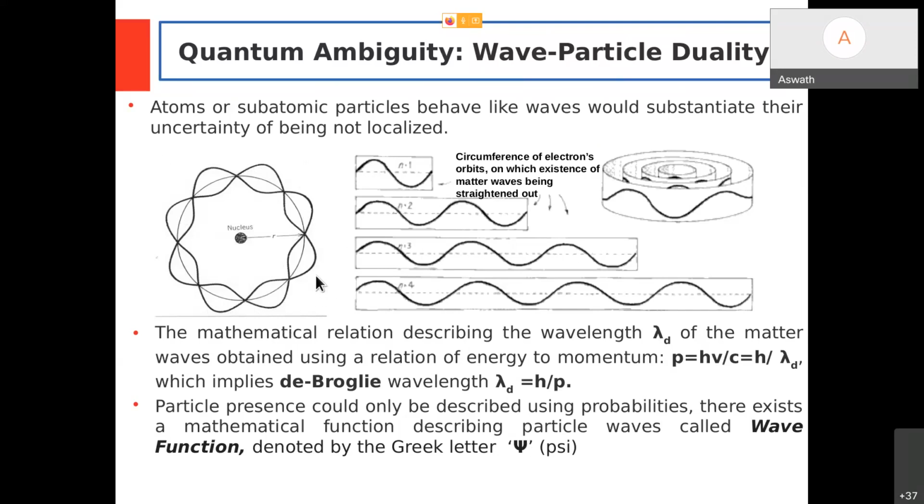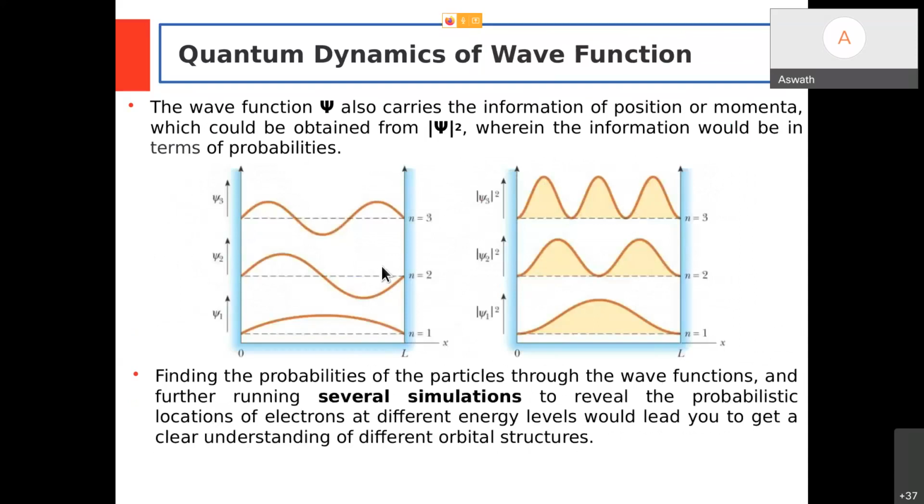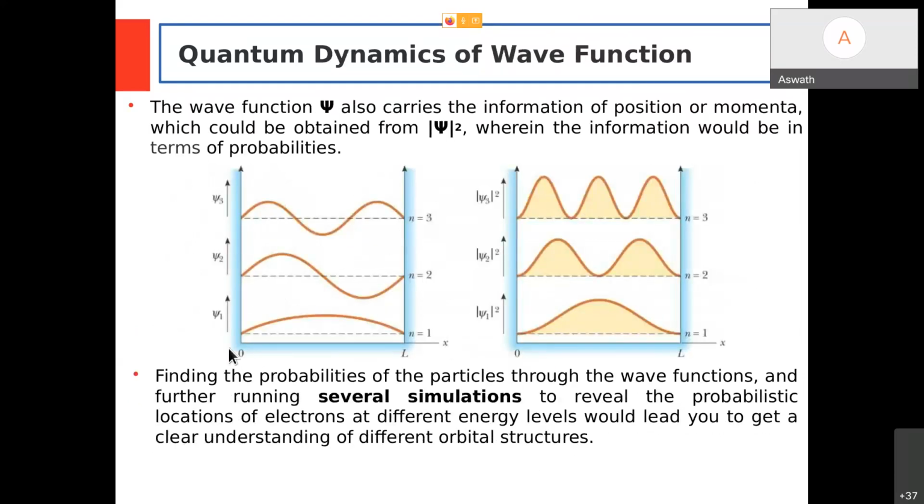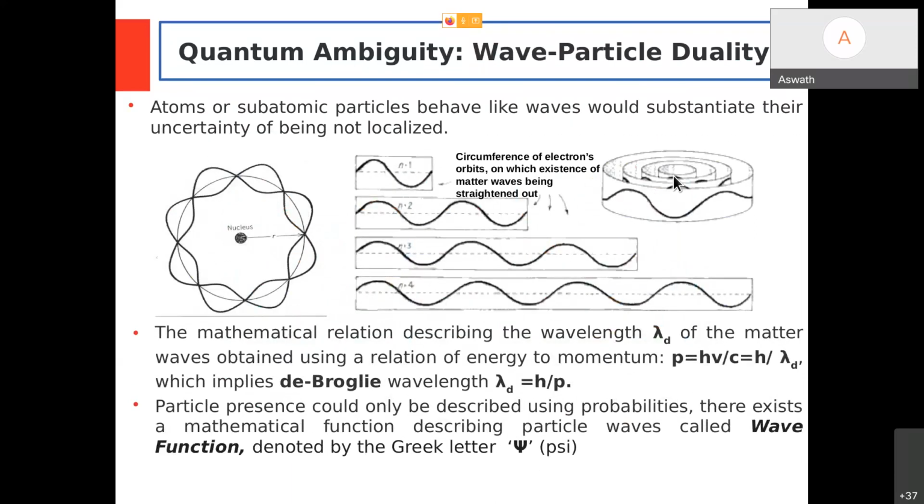Okay. So mathematically, we know the pictorial representation of the wave. The best way to represent this is using some mathematical function. We will call that a wave function, represented by the Greek letter psi. So let me get into how this wave function could be used to realize quantum memory. Whatever we were straightening out here, we'll take those same waves and put them here. We will call them three different kinds of states of a given atom, because the electron can exist in the lowest orbit, the outermost, and the much outermost.